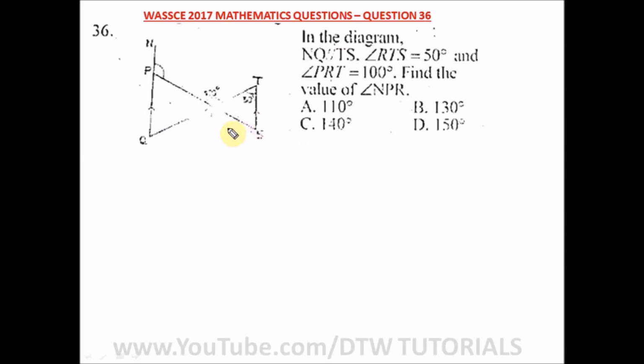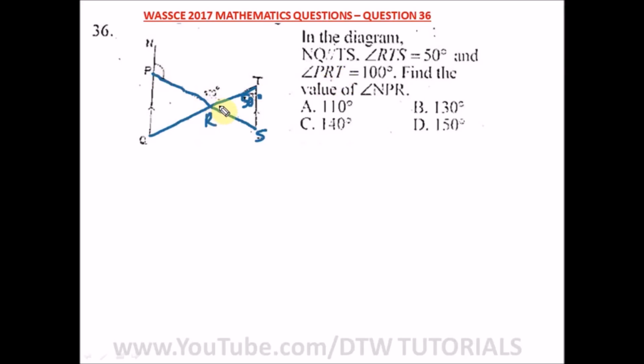Question 36 of our WASSCE 2017 mathematics past question, that's your WAEC past question, says in the diagram this. I apologize once more for this question not being too clear. So let me just trace this out so we could see it. All right, so we are told RTS, this is R and this is S. RTS is 50 degrees. So this angle here is 50,